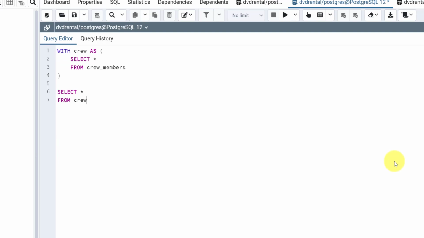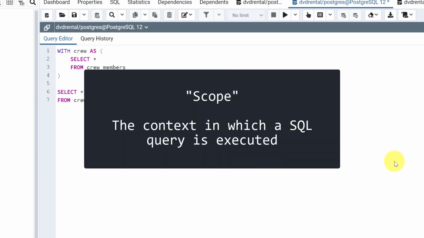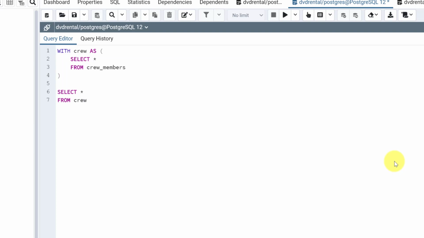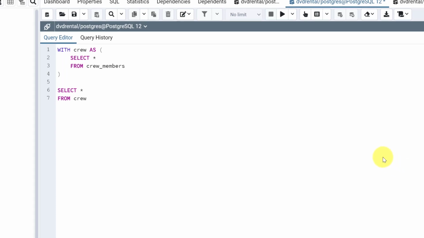One of the key differences between a CTE and a temporary table has to do with the scope in which it exists. A CTE can only be created within the context of a larger query, so we can say that the CTE is scoped to a single query. In practice, what this means is that you can't just create a CTE in one query and then run another query to reference that CTE. If you try to do this, both queries will return an error.